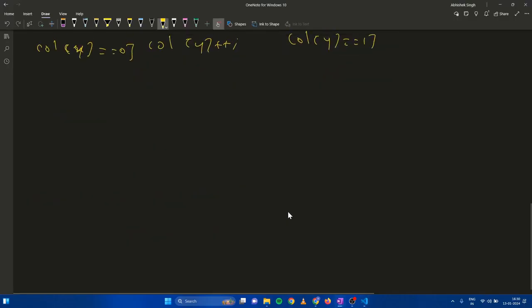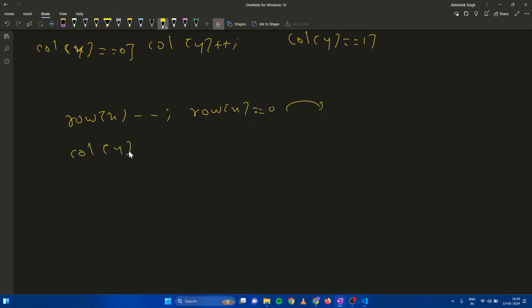Suppose the query type is 2, meaning I need to remove a rook from that position. It is guaranteed that there would already be a rook at that position. So again, I do row[x]--. If it becomes 0, it means there is no rook in that row number, so I need to insert it into free row. Similarly, on removing a rook from column y with column[y]--,